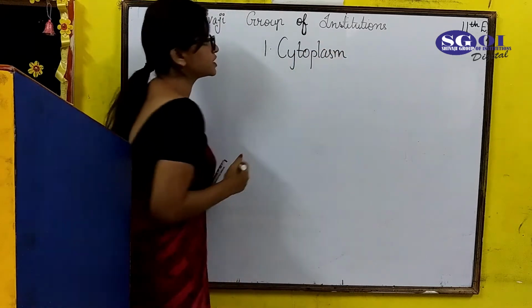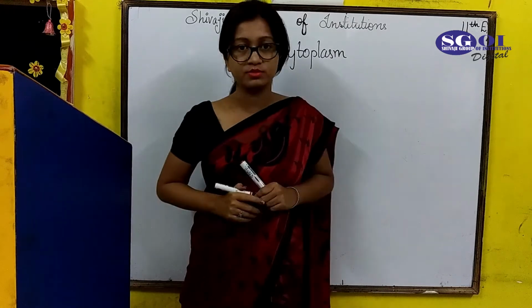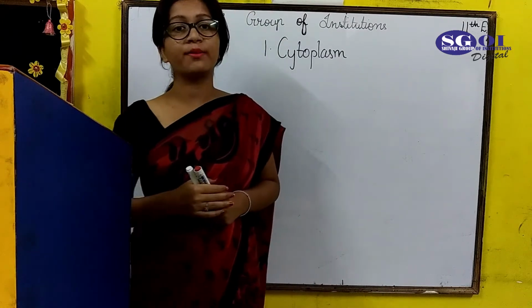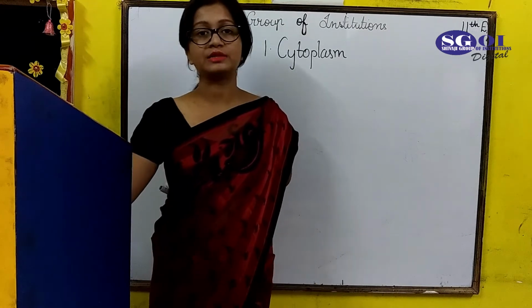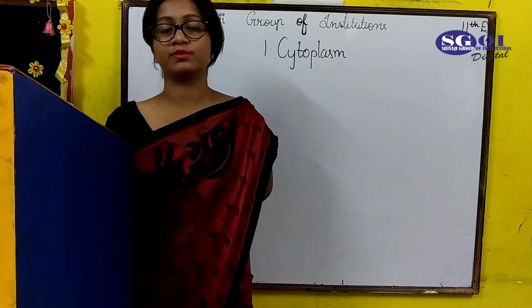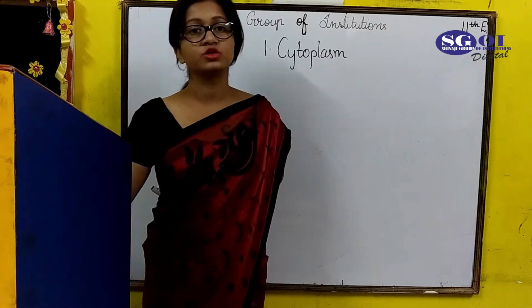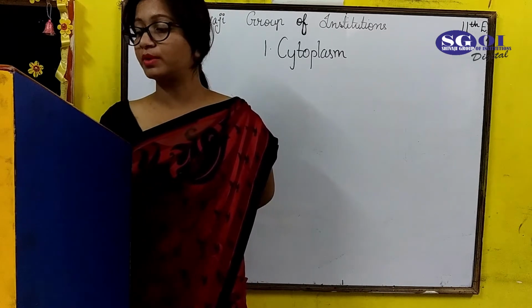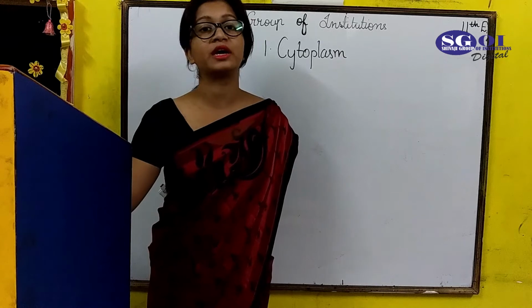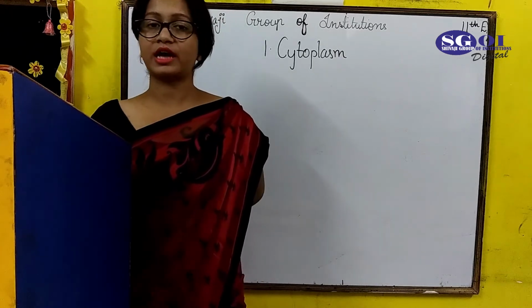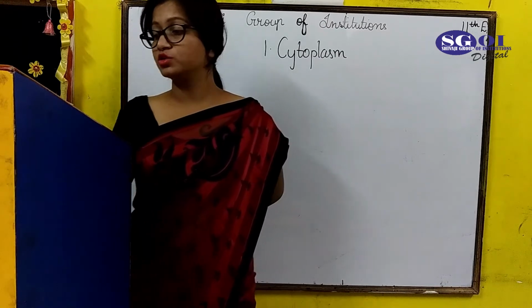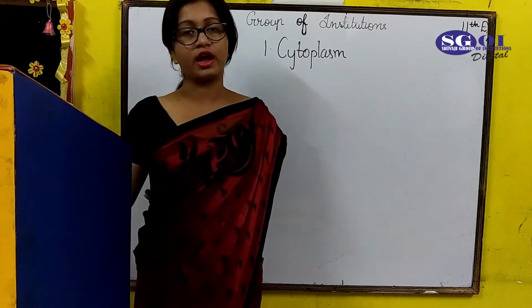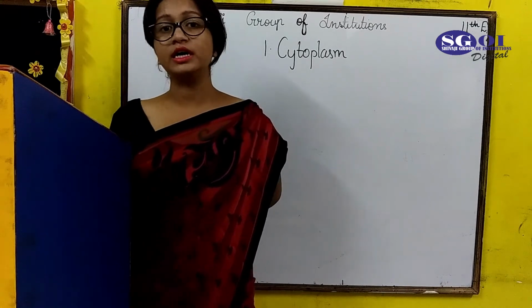Cytoplasm is a part of the protoplasm and it is not to be compared with the protoplasm. It is just a part of it, and it consists of three important parts: plasma lemma, tonoplast, and the third part, which is the portion of cytoplasm enclosed by plasma lemma. That part is also considered inside the cytoplasm. All these together form the cytoplasm of the cell.